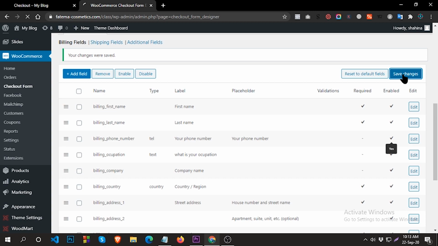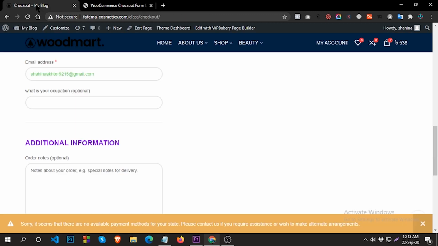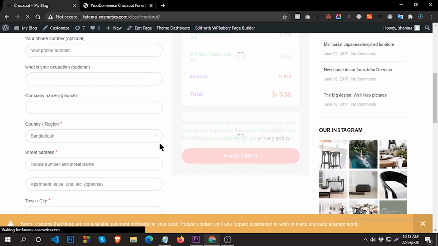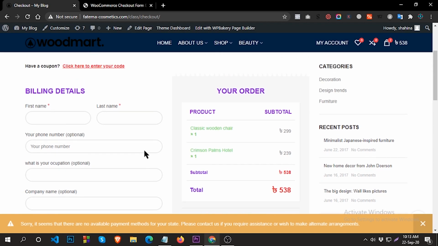Then click on it, save changes. So great, the occupation field has been added. This is very easy. You can do this easily. You can add any field.